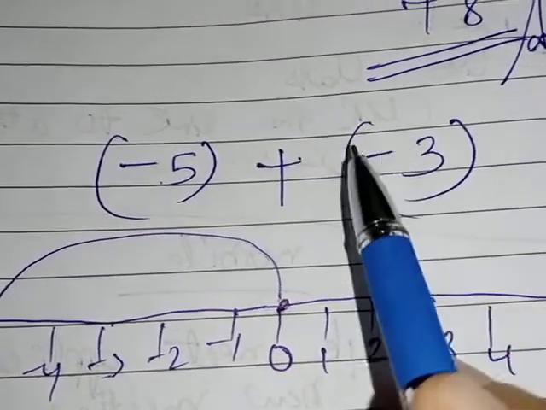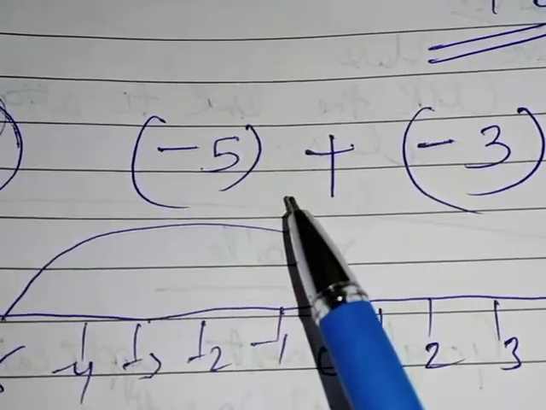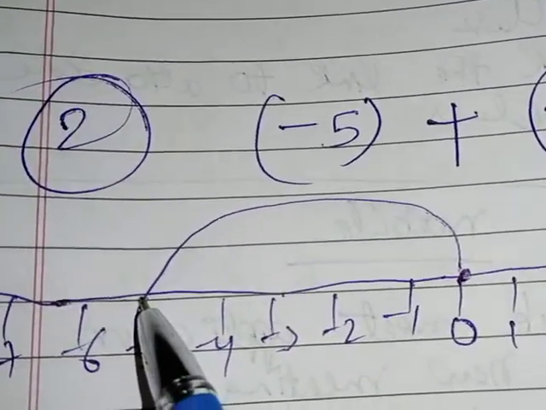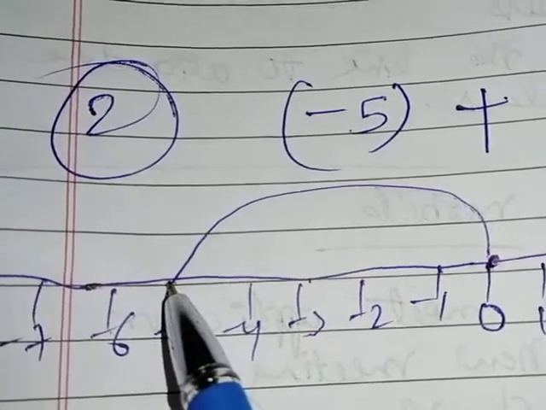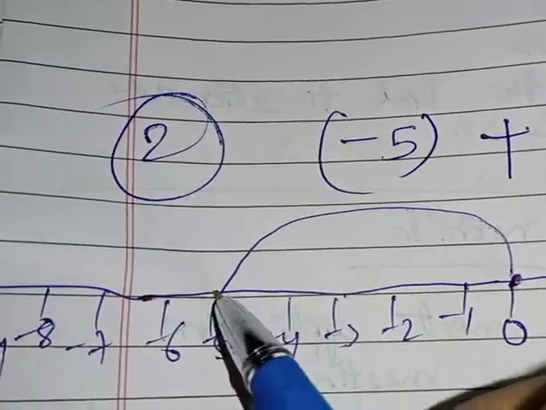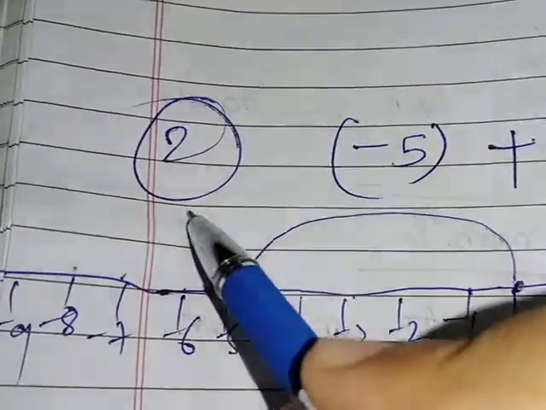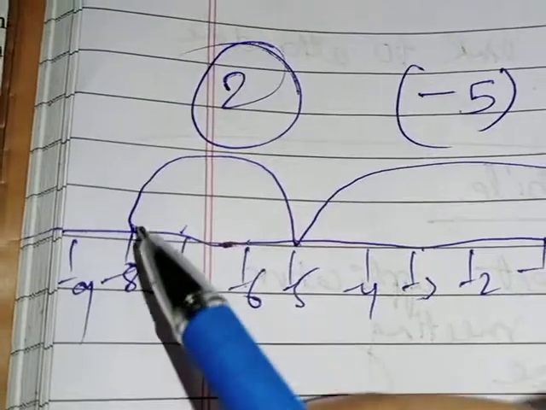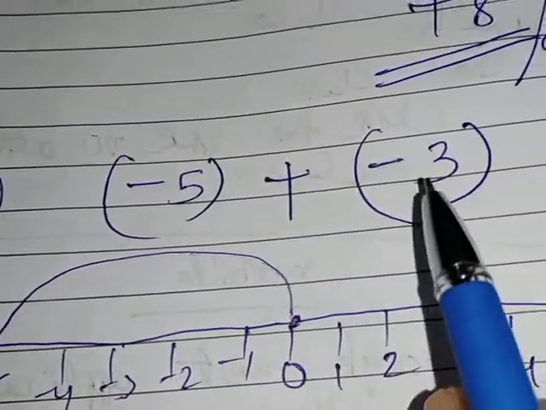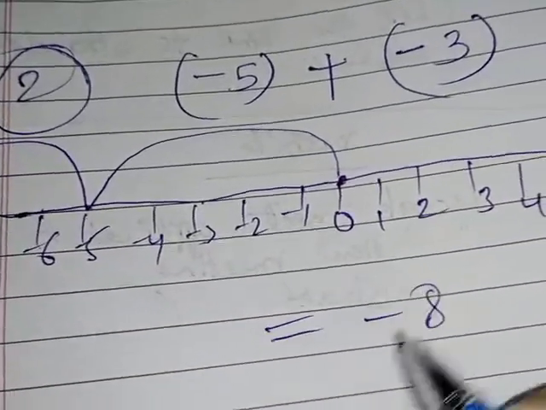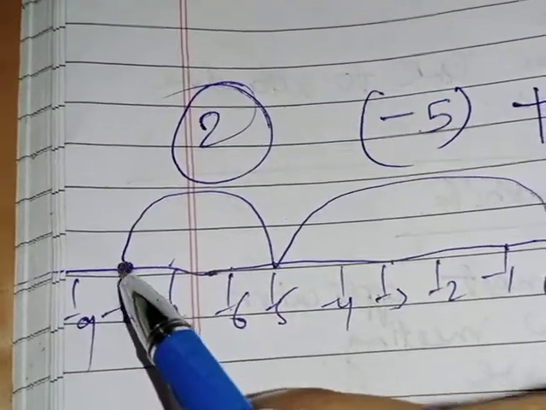Okay, from the 0 to minus 5, and it is written here minus 3. So what we have to do again, this is a minus sign. Minus sign means we have to go to the left side. So from minus 5 we will take 3 more steps to the left side. This is one step, second step, and here we will finish the third step. You see. So where are we getting the answer? Minus 8. So minus 5 plus minus 3, what answer will we get? Minus 8. Got it? And this is how we show the answer on our number line.